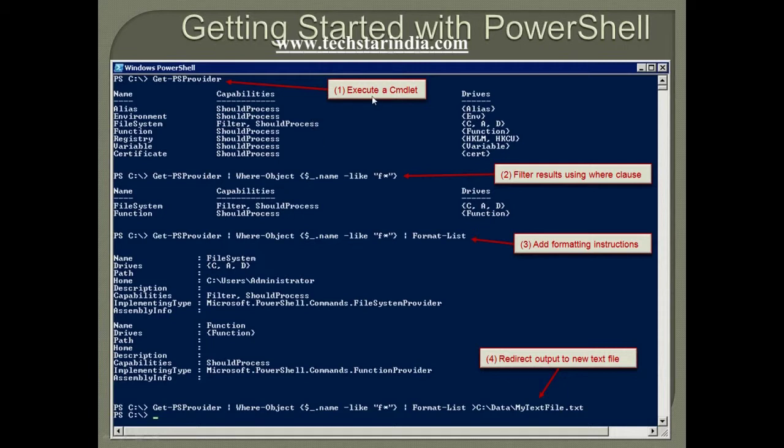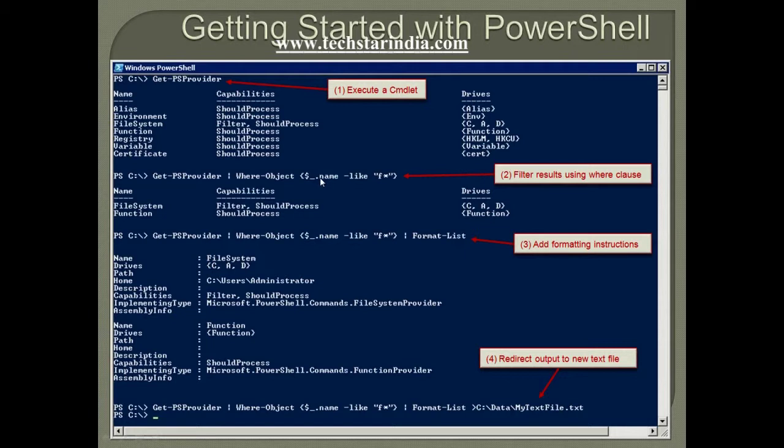You can also pipe it. This was just the execution of a commandlet, and if you want to filter it out, Get-PSProvider will give you all this output, and you are piping this output to the other command. This is your pipe operator. Where-Object will take this as input, because Get-PSProvider gives this result, and Where-Object performs the filter operation.